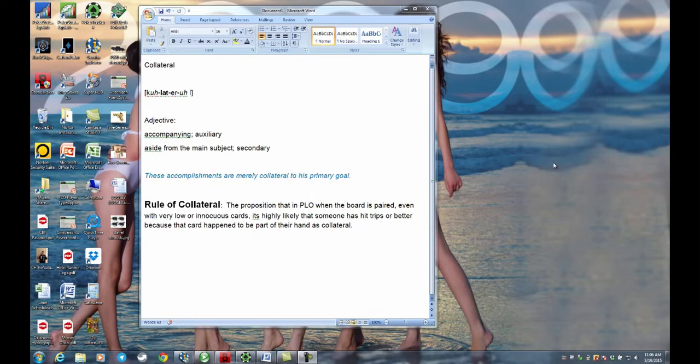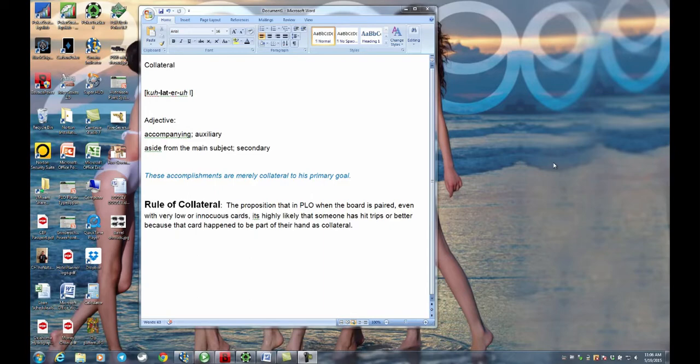Now, the first time I saw, I believe, the word used in that sense was actually in an Arnold Schwarzenegger movie called Collateral Damage. He plays a government agent of some sort, and he's going to a restaurant at the beginning of the movie to meet his wife and child for dinner. And some terrorists plant a bomb in the restaurant in order to try to kill some diplomats who are dining there. And unfortunately, his family is in the wrong place at the wrong time. The terrorists have no interest in his family, but when they blow up the restaurant seconds before he arrives, he's literally across the street, of course, his family is killed.